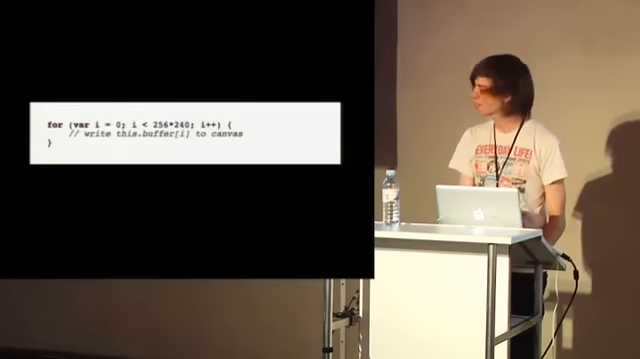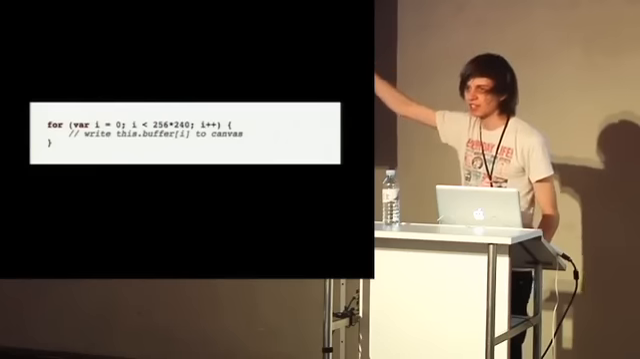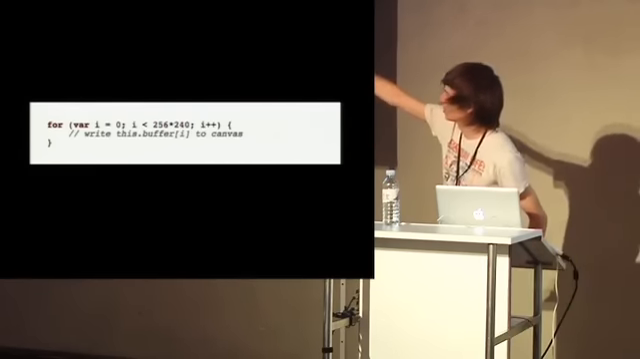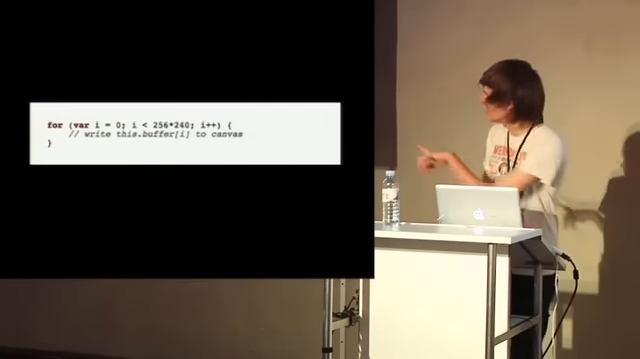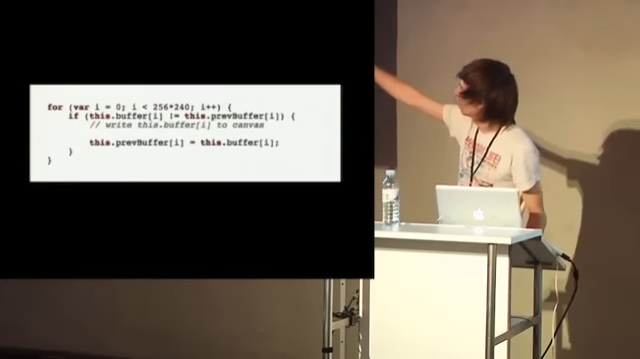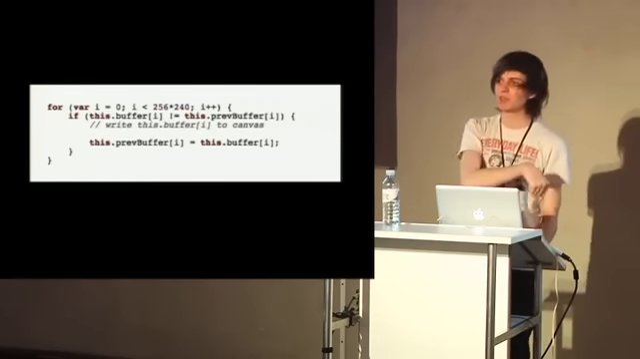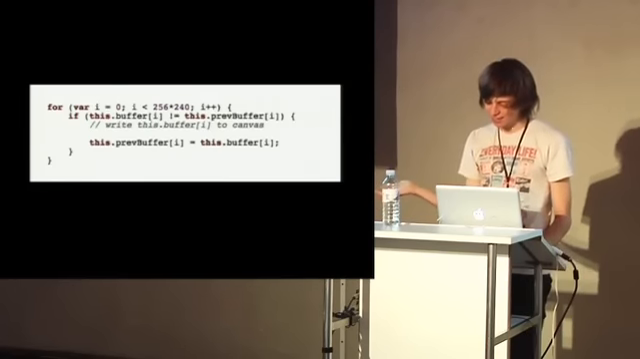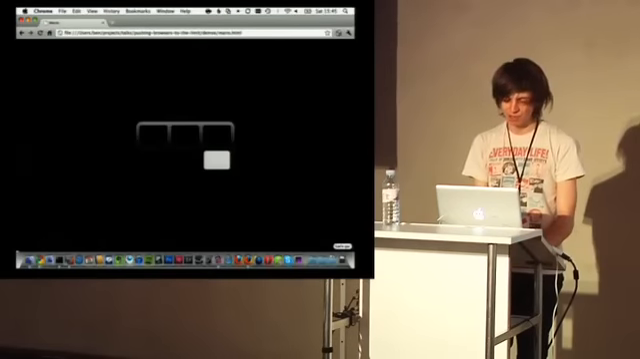And all it did was replace this bit of code, which goes through every pixel in the buffer and writes it to the canvas element. You can see the screen is 256 by 240 pixels. And it replaced this with this, which is doing exactly the same thing, except it remembers what the previous buffer was and only writes pixels to the buffer which have actually changed. And when you applied this patch and ran it in Chrome,